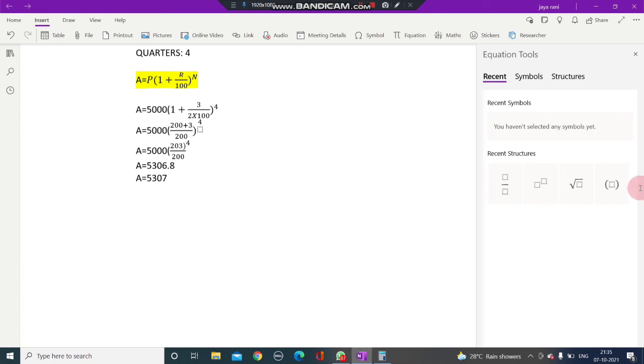So the first question is over, and children, here we have a second question. A person took out a loan of 16,000 rupees from a bank which charges interest compounded quarterly. The annual rate of interest is 10%. How much should he pay back after 9 months to settle the loan? Here the annual rate is 10%, as interest is compounded quarterly, but for 9 months only. So keep in mind 9 months means 3 quarters. So here n is equal to 3, the rate of interest is 10 by 4, and the principal is 16,000.